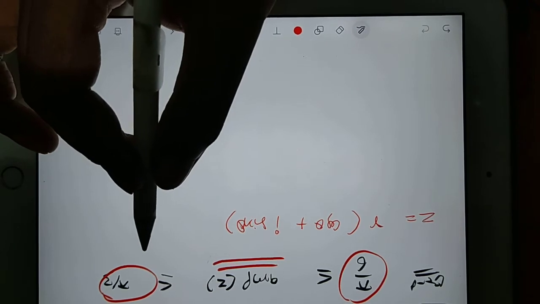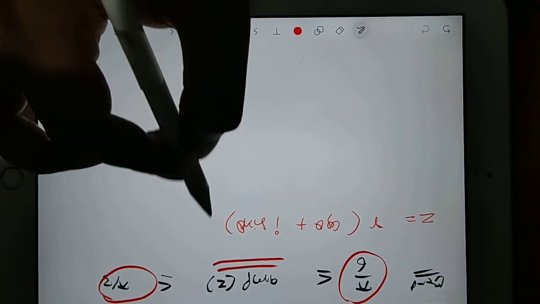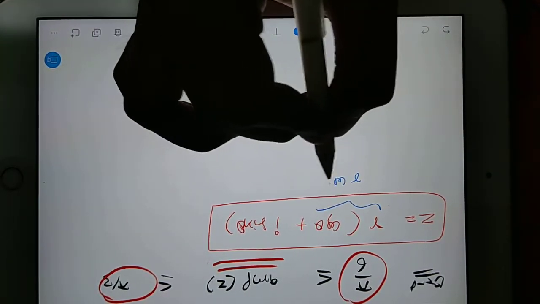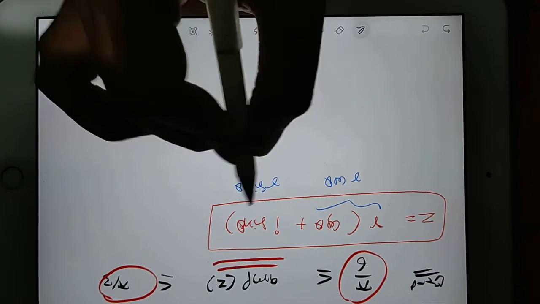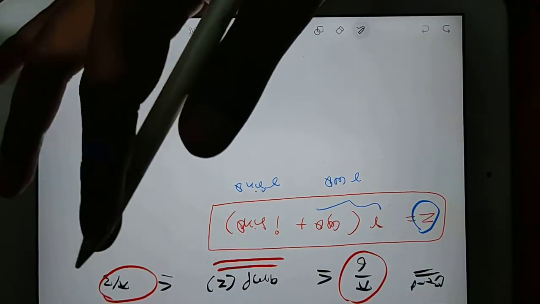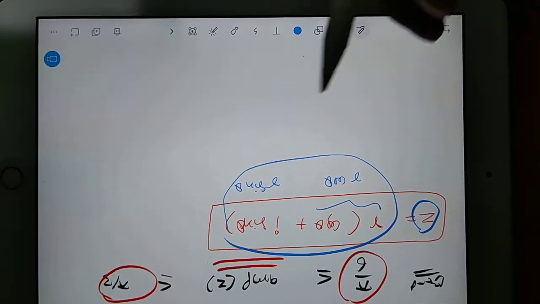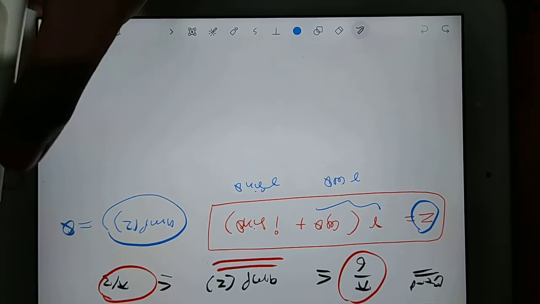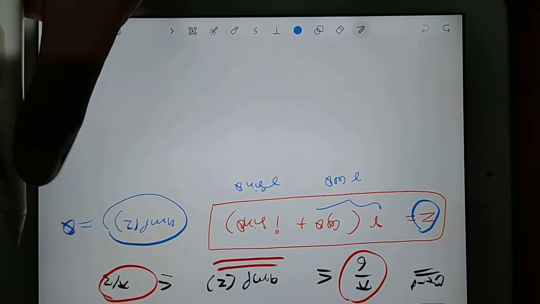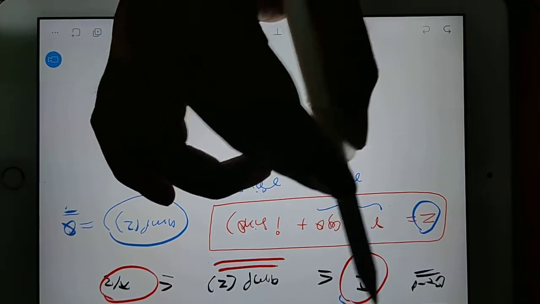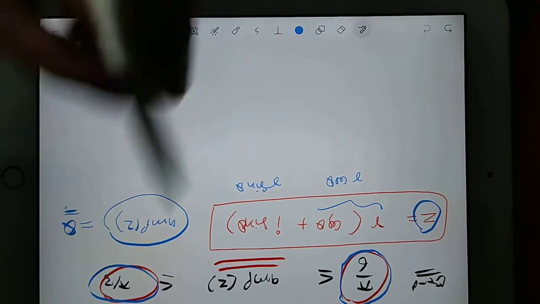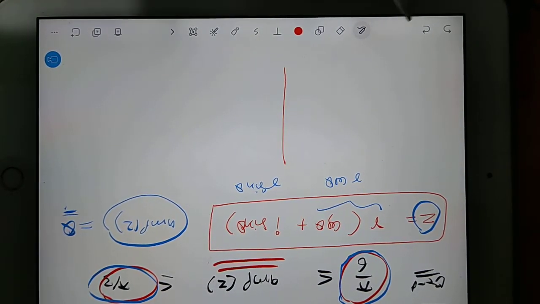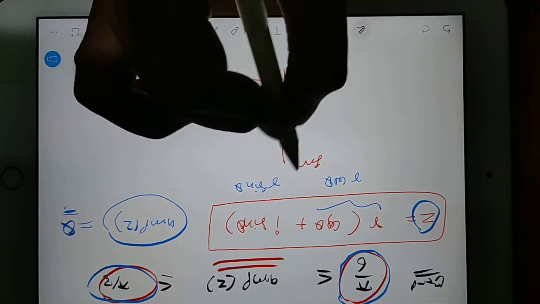Now see, in this total equation, what is your real part? R cos theta is your real part and R sin theta is your imaginary part, no doubt in this. This Z is the total complex number, which is a mixture of both. If amplitude Z is written, it represents the theta. It means your theta is more than pi by 6 and less than pi by 3. So go to the Argand plane. This is your real axis and this is your imaginary axis.